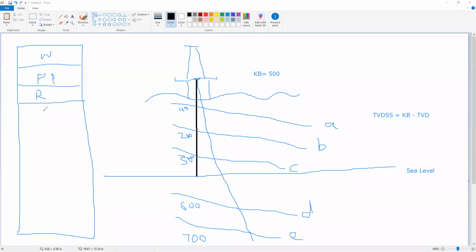Main log means the original log that you have logged in the well bore, or the depth interval that you have logged in the well bore with two different scales. The main log's first scale is 1:200, and the second scale is 1:500. This is basically the division of the scale that you require to print the log on the film.